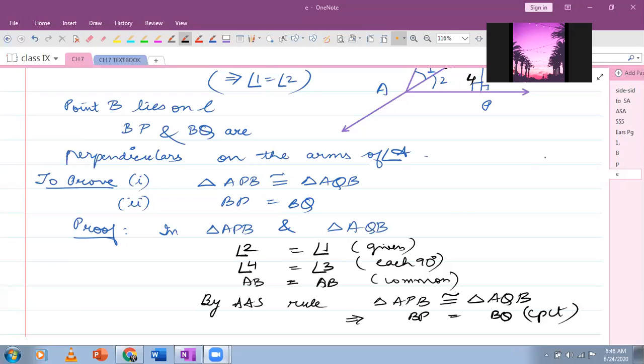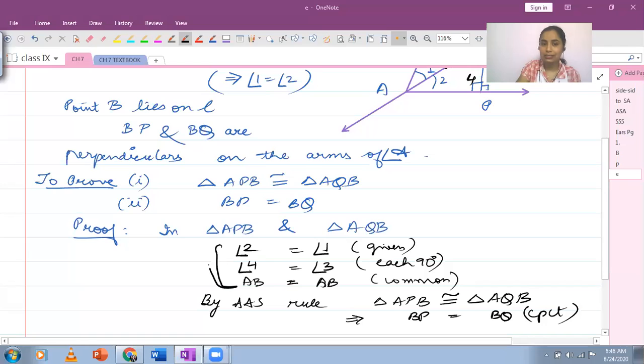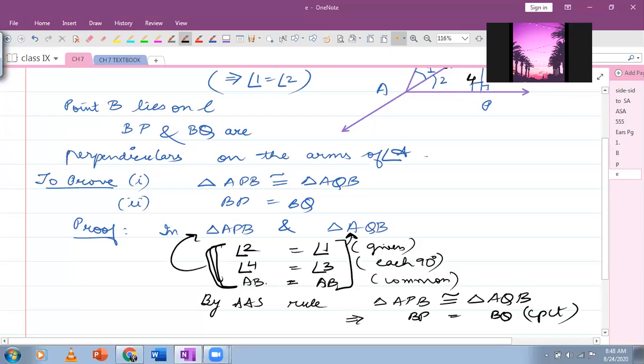We can also write angle 1 is equal to angle 2 or angle 2 is equal to angle 1. This actually is important. These here on the left are parts of this triangle. These on the right are parts of the second triangle. This is something you want to be careful about, that we first write the parts of the first triangle and then the parts of the second triangle. If you change the order of names above, then all the pairs you have formed will get swapped.